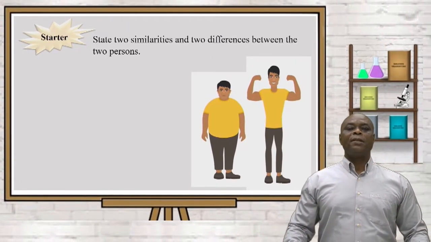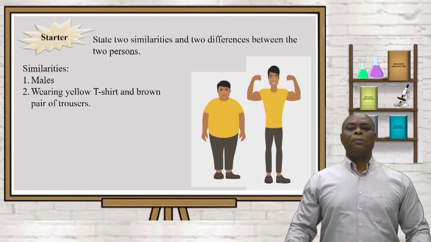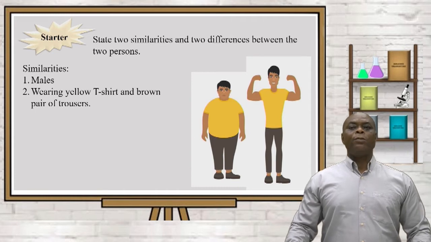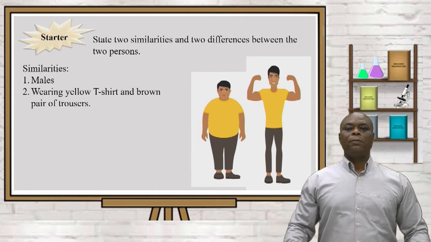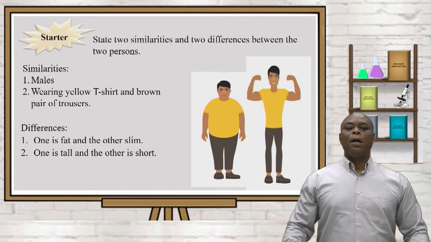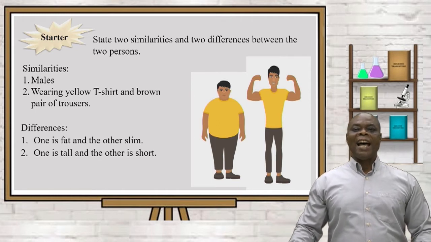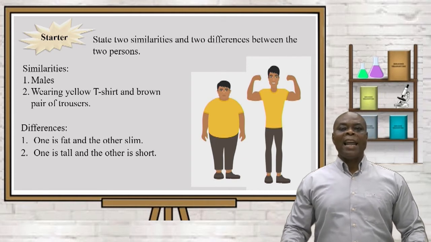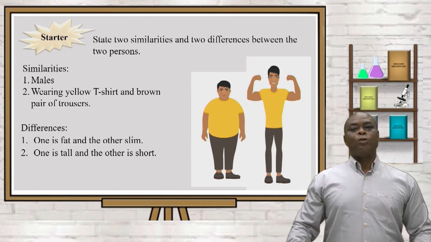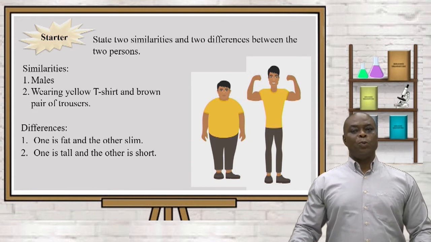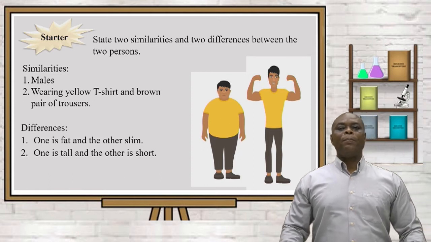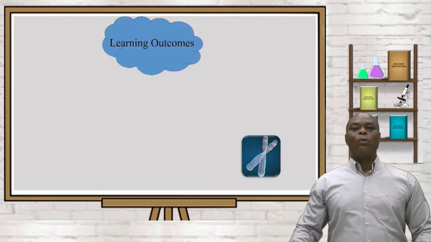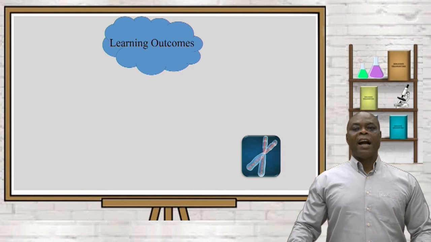For similarities, they are both males. They are also wearing yellow t-shirts and brown pair of trousers. For some differences, one of them is fat and the other is slim. And again, one is tall and the other is short. You may have so many differences and similarities between them. Apart from the dresses they are wearing, today we are going to dwell on how they got their natural characters